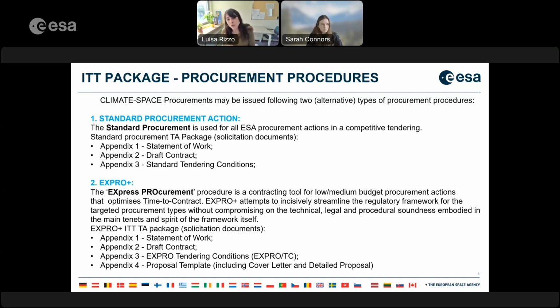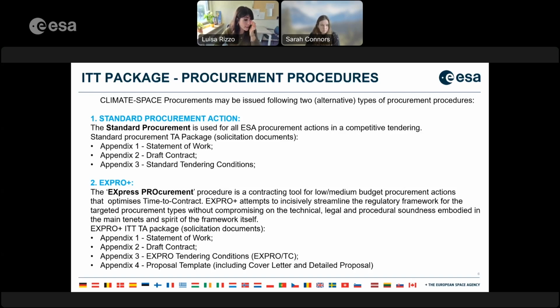Of course, Expro tends to streamline the regulatory framework for certain and targeted procurement types without compromising, of course, the technical, legal, and procedural sides of the tenders and of the procurement actions themselves. As I said, the standard procurement action, as you could see, is smaller than the Expro. The main difference between the two procurement actions is the so-called proposal template, which is included in the Expro Plus